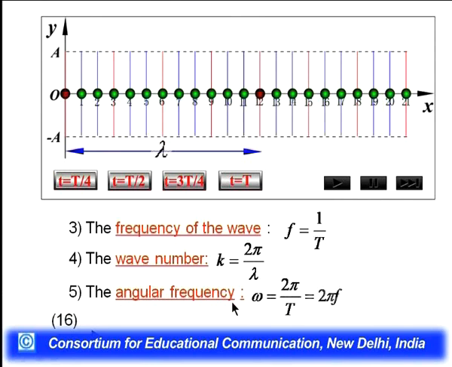Then angular frequency omega is defined as 2 pi by T, or we can write it as 2 pi f, where f is the frequency. 1 by T is the frequency, and angular frequency can be defined in terms of the frequency of the wave as 2 pi f, or in terms of time period as 2 pi by T. Now this equation will become the previous equation, which is defined for the simple harmonic